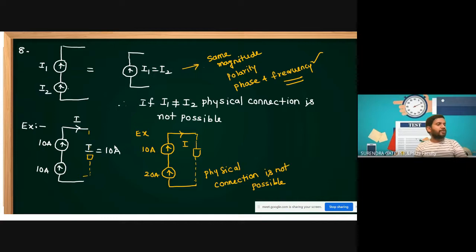In the next session, I will solve some questions based on these equivalent circuits of the sources. Then after that, I will start a small concept, the source transformation technique. After that, we go for series and parallel connections of different elements: how to solve problems with resistors, inductors and capacitors in series and parallel. That I will explain tomorrow. Once that is completed, most basic concepts will be complete. Then I want to start nodal analysis and mesh analysis, the last concept with respect to basics.